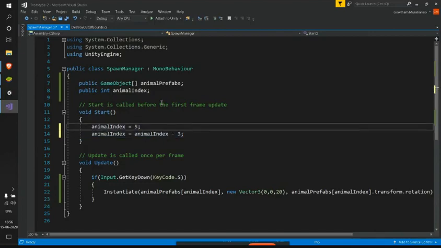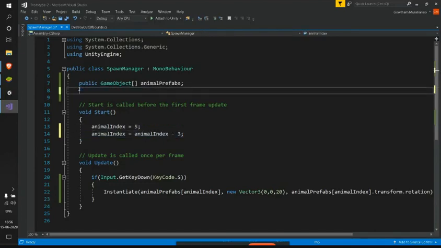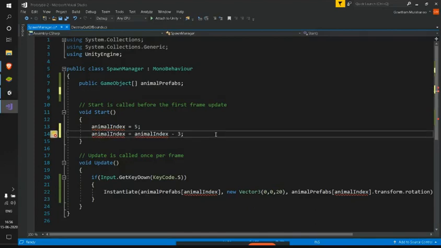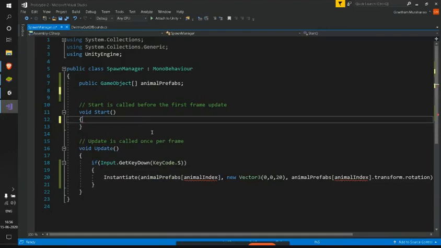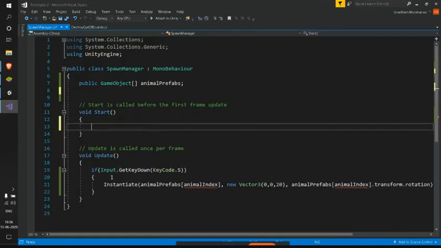But as soon as I remove this here, say let me remove this, and see, I have my errors here. Every error tells me the same thing. The name animal index does not exist in the current context, which just says that, hey, you have told me to initialize this animal index or use this animal index somehow, but I don't know what animal index is. Let me just clear this. But let's use our animal index here.